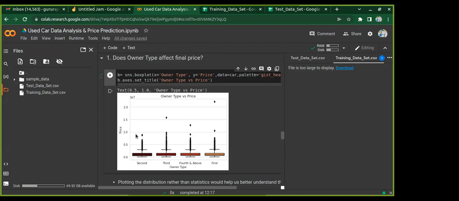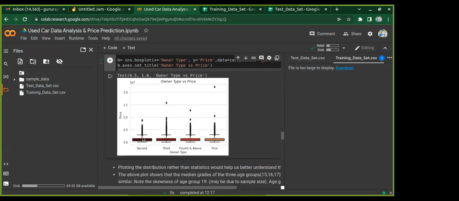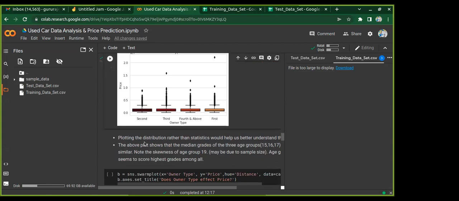Again, you can see from the plotting distribution rather than statistics, which will help in better understanding. The above plot shows that the median grades of the three groups, actually not age, it's